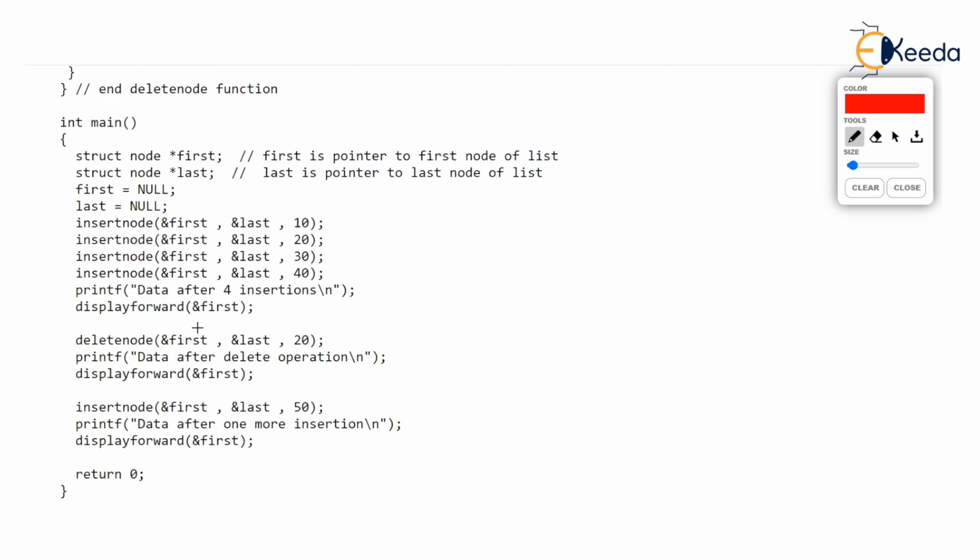Just to recap, in the first video we saw how to insert a node in a doubly linked list. In the second video we saw how to display a linked list in forward direction. In the third video we saw how to display a linked list in backward direction, although that function is not called from here. And in this fourth video, we will see how to delete a node from a doubly linked